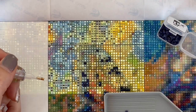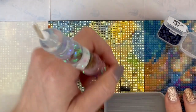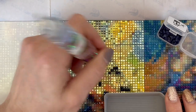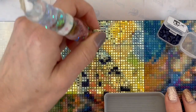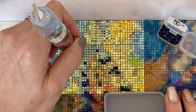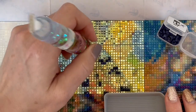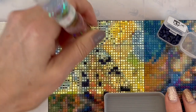Okay, let's see here. So let's start with diamond painting updates. While I'm working on this, I am also working on my Forever in Your Heart. The reason why I haven't really been posting on Instagram is that I'm going to post my first row after this Whip and Chat goes up,